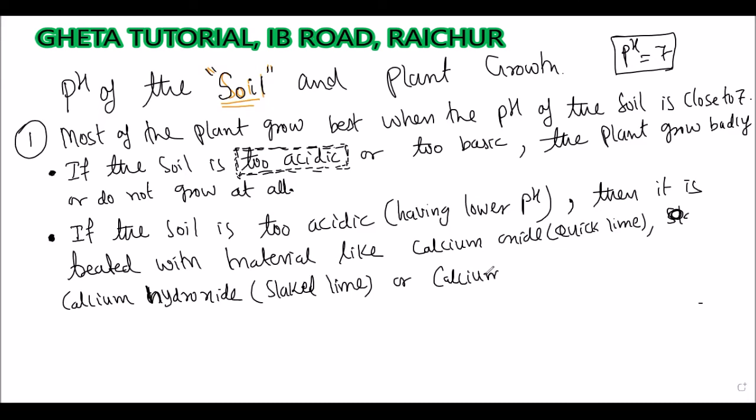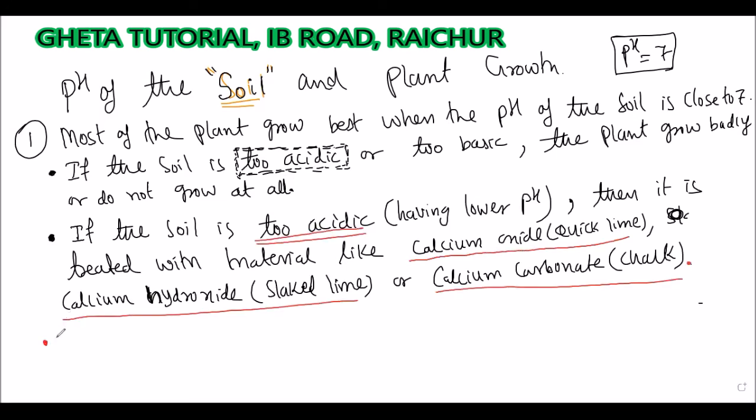Or we can use calcium carbonate. Calcium carbonate is chalk. Okay. So all these materials are bases. What do we have to do when the soil is too basic or too alkaline? If the soil is too alkaline,